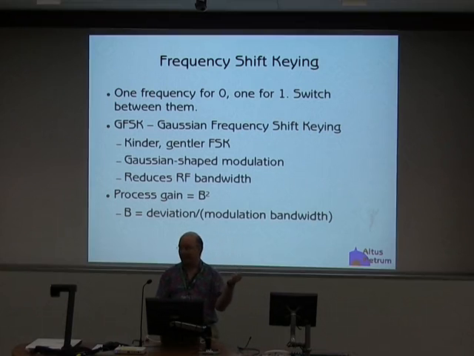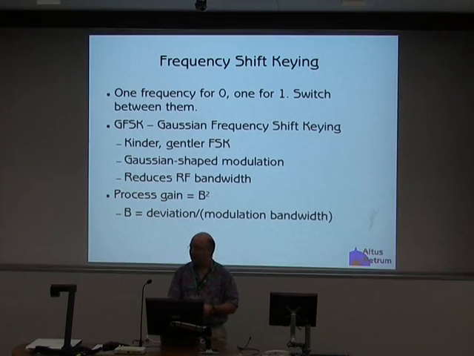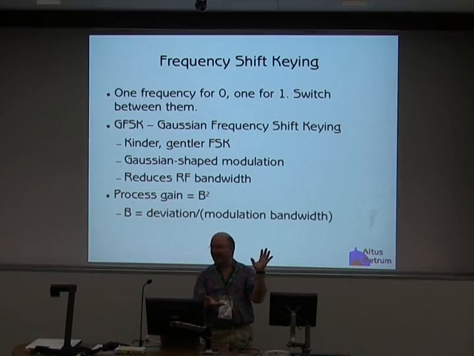If you're deviating by twice as much as your bandwidth, then you get a factor of 4 in processing gain, which is pretty awesome. 6 dB just by making, and what's that doing? It's making your signal wider. Okay, this term explains why we use preemphasis in traditional FM signaling. What is preemphasis? Preemphasis is where you amplify the high frequencies of your FM signal, right? And roll off the low frequencies of your FM signal.